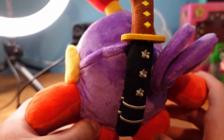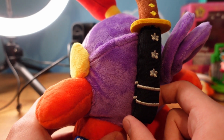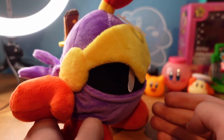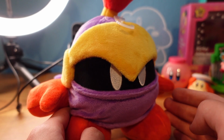They even gave BioSpark a little ninja sword on the back of him, just like what they did with the Ninja Kirby plush, which is just really cool. They didn't have to do that, but it's so cool that they added this detail. So they basically kept everything from BioSpark's general design and translated it into a plush, which I think the execution of